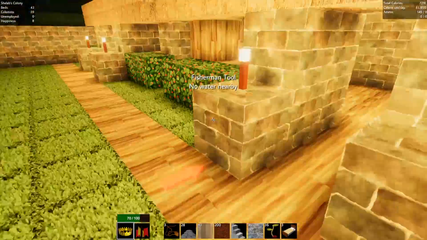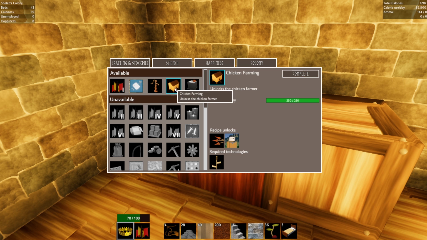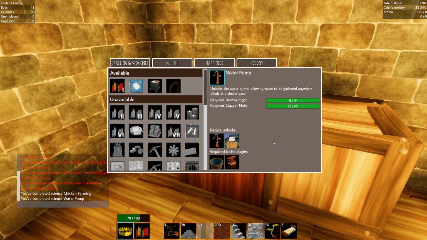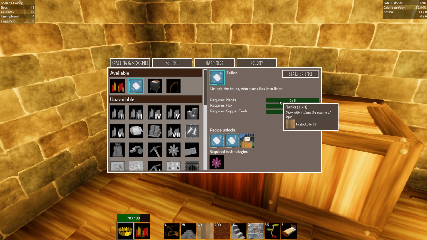Okay, so the next thing I want to have a look at, actually, we kind of need to be in this building, or we can just do it anywhere, is to start the cook. I want to have the cook done this episode to complete chicken farming. So we'll get some chicken farms up as well. The water pump's been done. Cool. Just gets it off the list, honestly. Tailor, we should be able to...